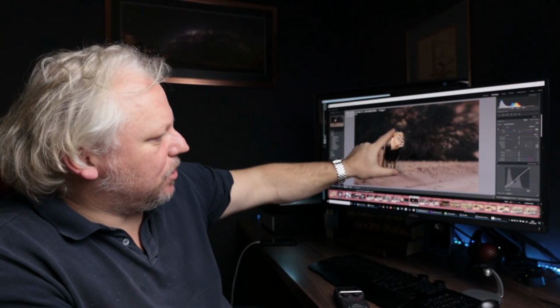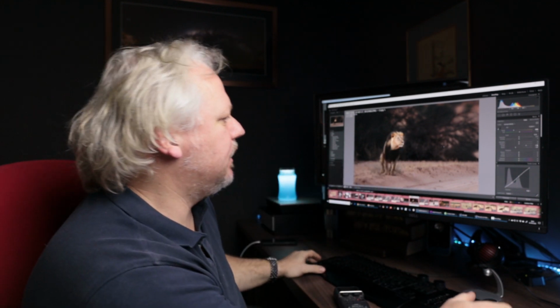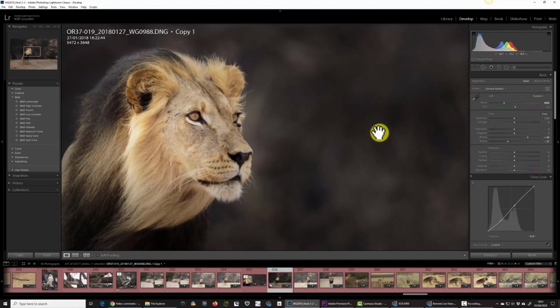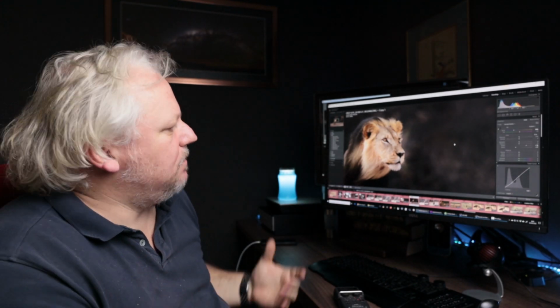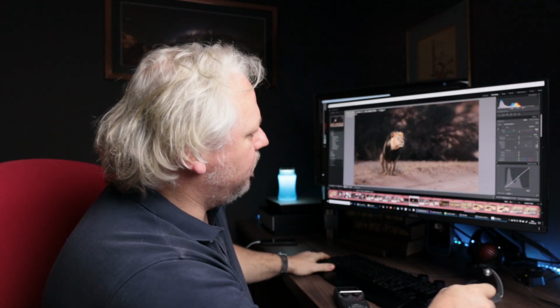So what I've got, if you can see in the whole picture here, is a very bright face, very present face, a darker background, very little contrast and distraction in the back. And now if I zoom in here, you can see what the effect is on this image. It's, for me, markedly better, markedly more interesting. So the next step